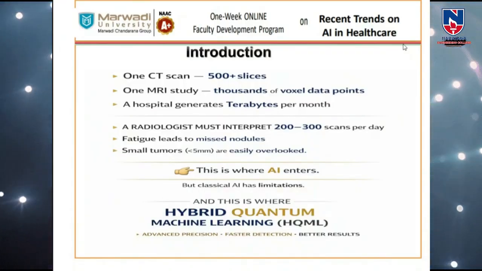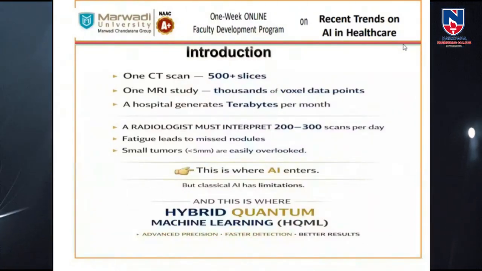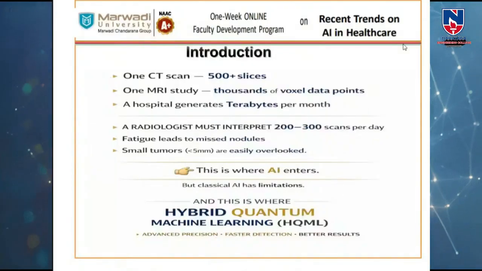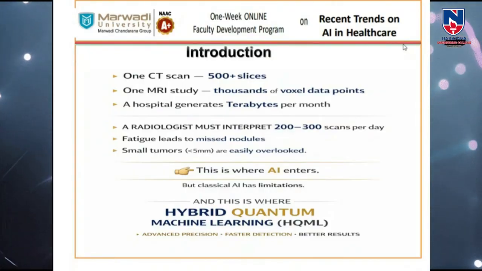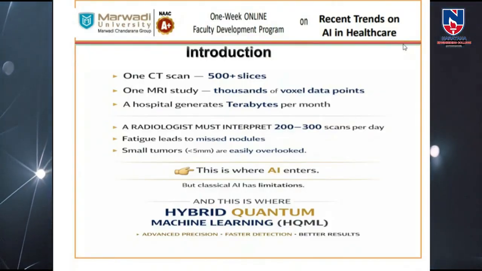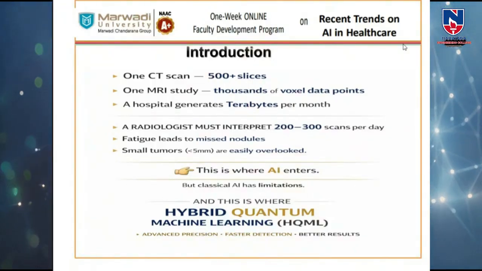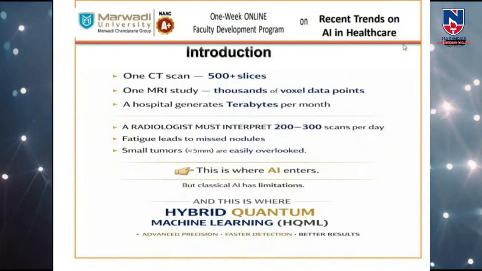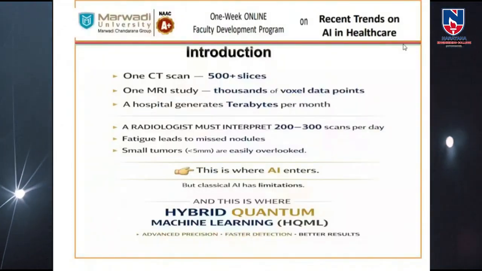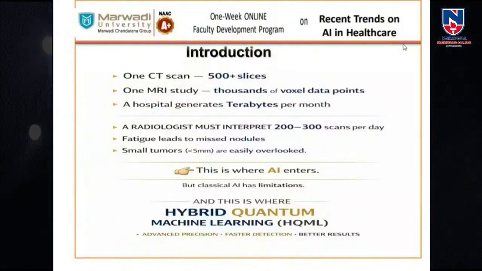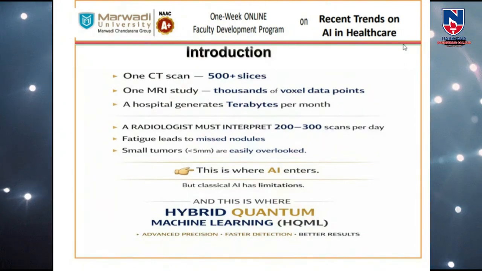However, to diagnose any disease, you are supposed to extract the useful information from the huge amount of data. That means most of the available data is not useful. The useful data has to be extracted by the doctor or the radiologist to diagnose. So that is one scenario, the huge amount of data. Another scenario: the radiologist is working across multiple